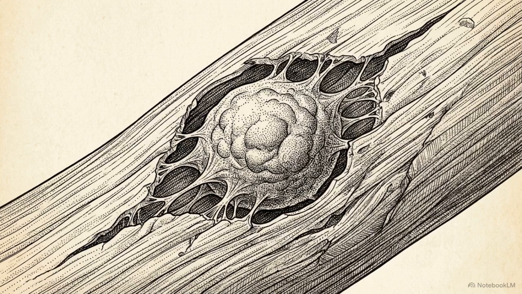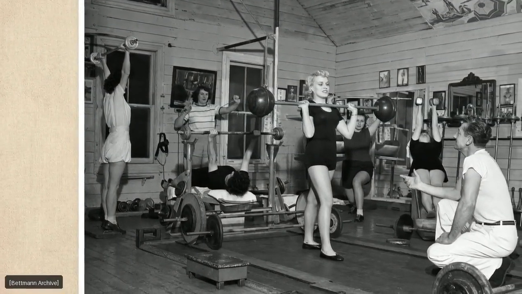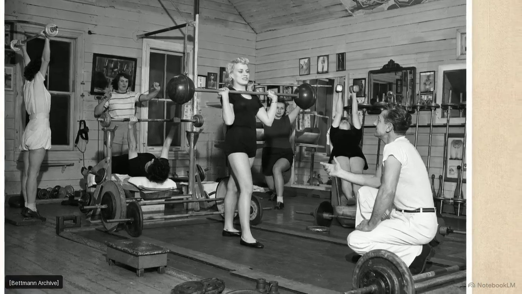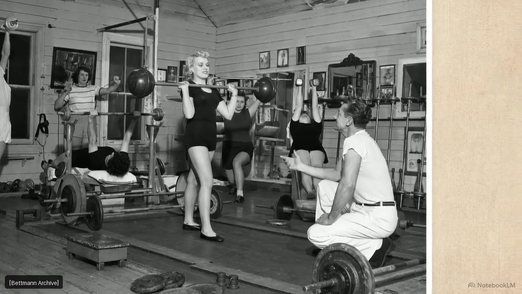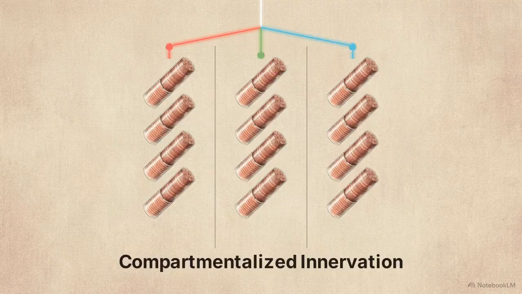The final variable, multiplanar volume, is required because of the specific architecture of human muscle. A muscle does not fire uniformly. History's most successful physiques were built using an incredibly wide variety of angles and implements. This is due to compartmentalized innervation. Distinct regions and architectural bands within a single muscle are wired to entirely separate nerve branches.